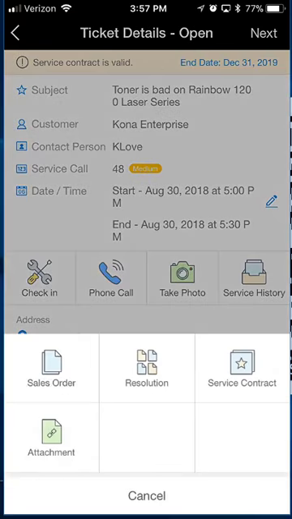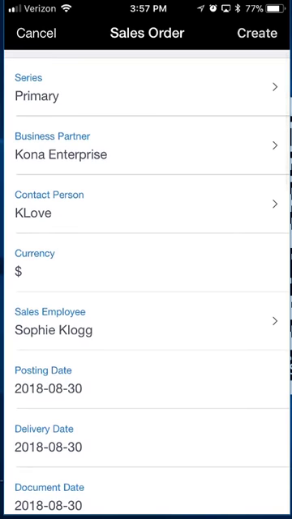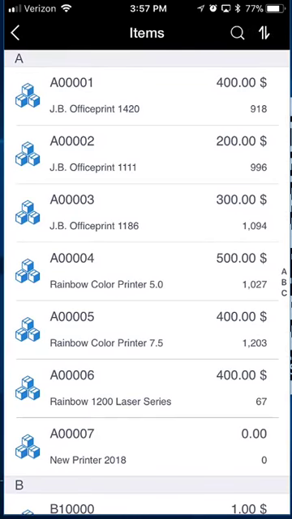So I'm going to go back in there and click sales order. Since I took 3 different colored toner cartridges out of my inventory on my truck, I want to make sure we get paid for those. So I'm going to create a sales order and hit the add button. It's going to bring up all the information about that business partner. I'm going to scroll down to the items. It's going to bring up a list of all the items that we have, and I'm going to